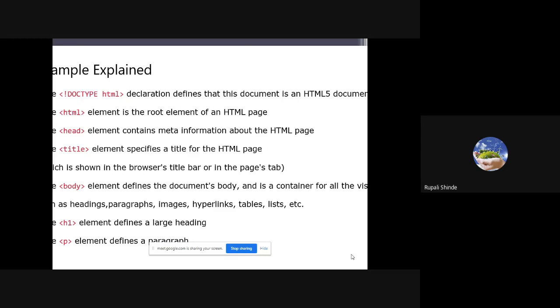Then the next subheading, which is a little bit smaller than the H1 tag, has the next tag, the H2 tag. Likewise, we are going to decrease the size of the tag. Then subhead, subhead, subhead. Likewise, we have H1 to H6 tags.